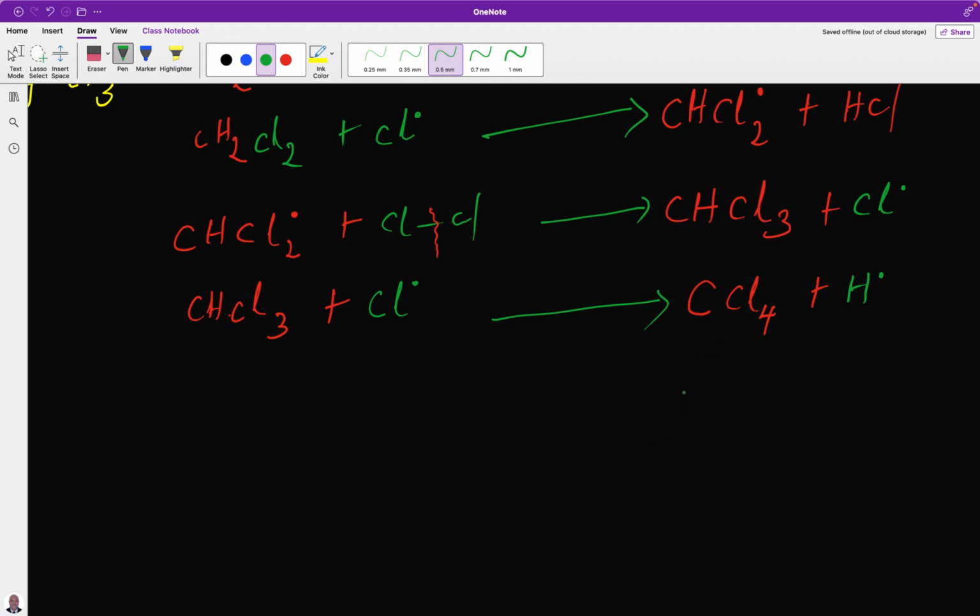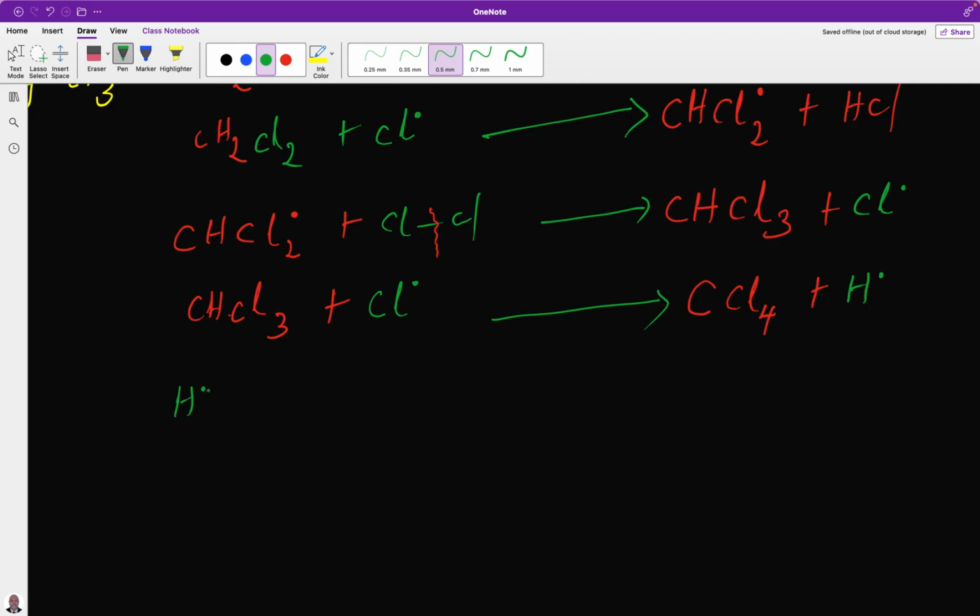The reaction will continue and continue and continue. And this reaction, if it was to continue, hydrogen as a free radical will not react with this one. It will need a chlorine molecule to react. If we were to continue with this free radical again here, what will happen will definitely be a hydrogen free radical